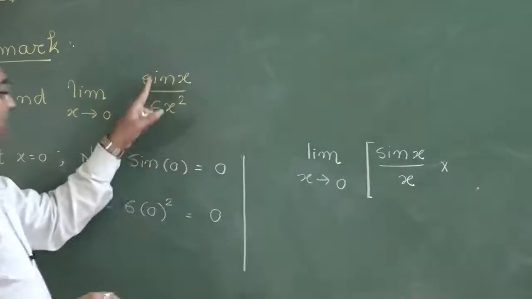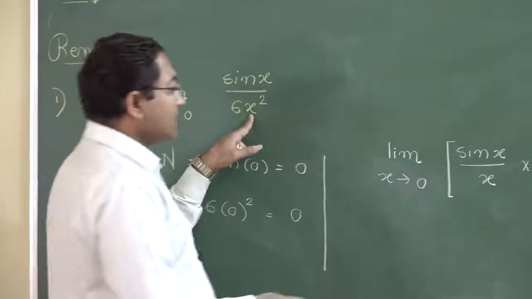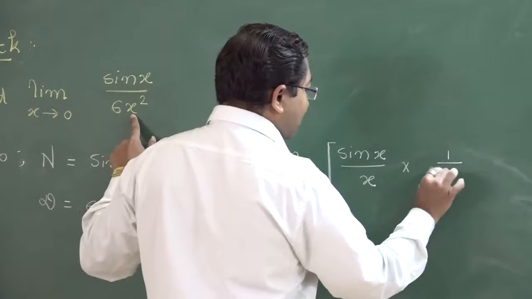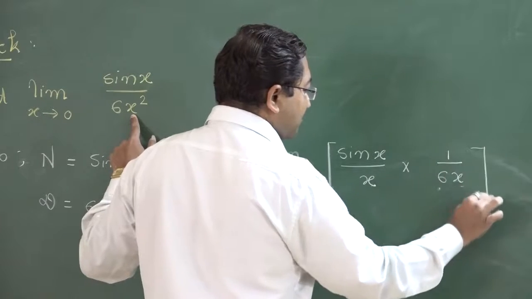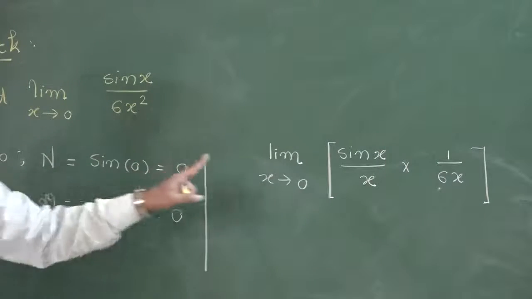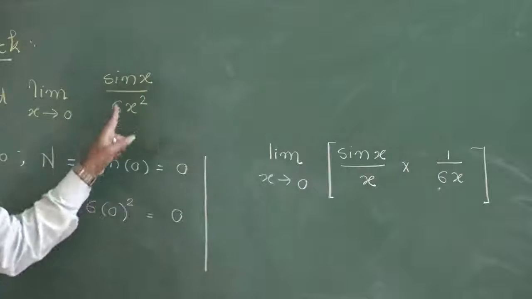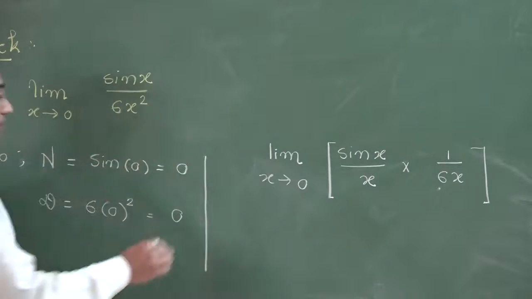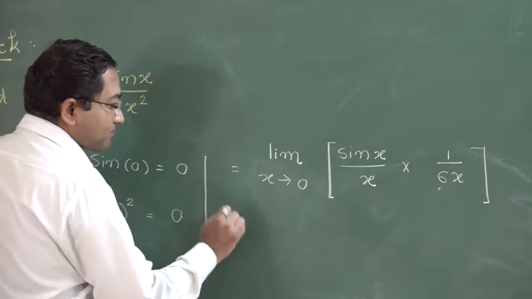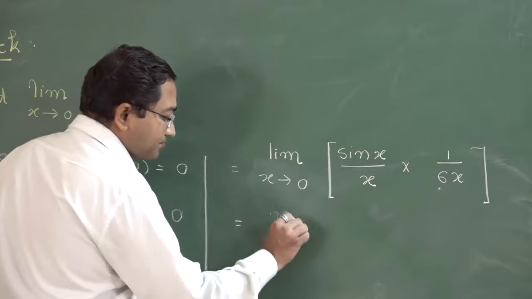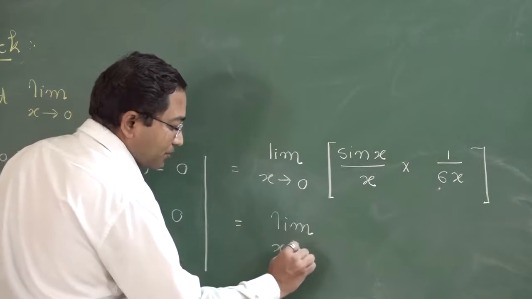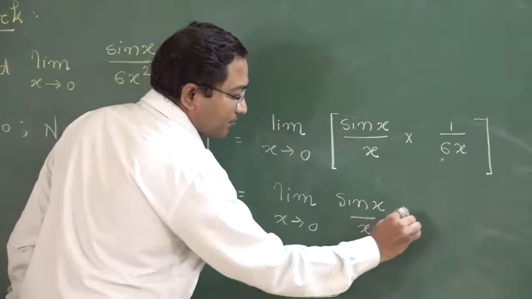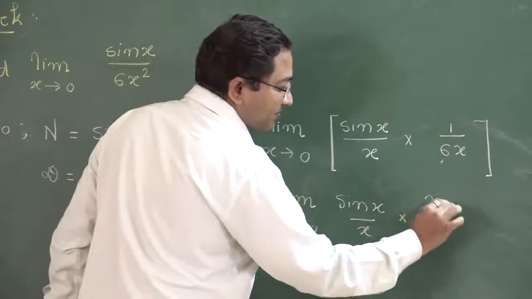Here the given function is divided into two parts: sin x upon x multiplied with 1 upon 6x. So sin x into 1 is sin x, x into 6x is 6x square. So that is equal to limit x tends to 0 of sin x upon x multiplied with limit,